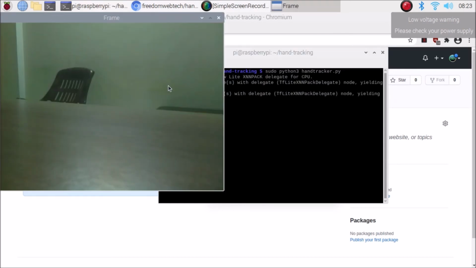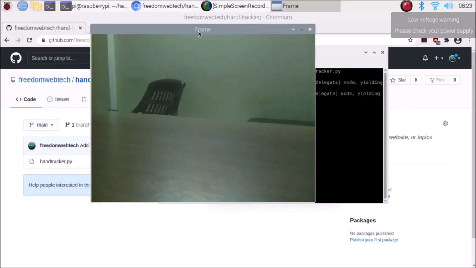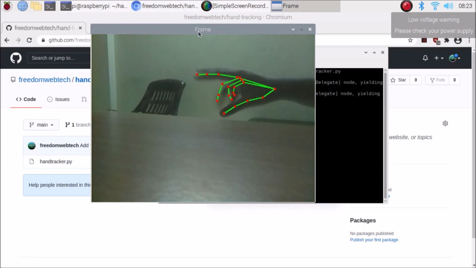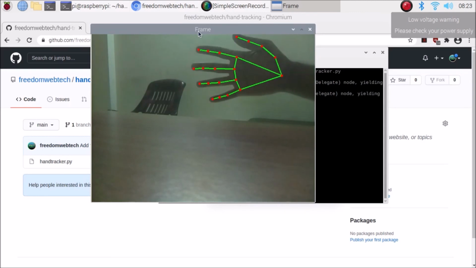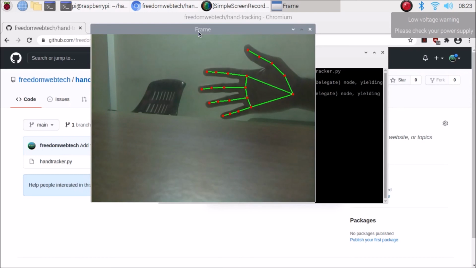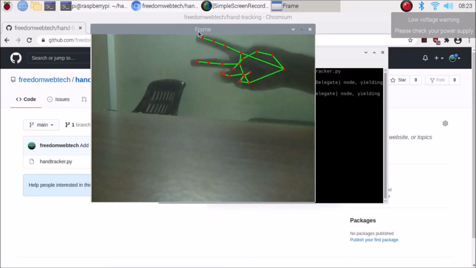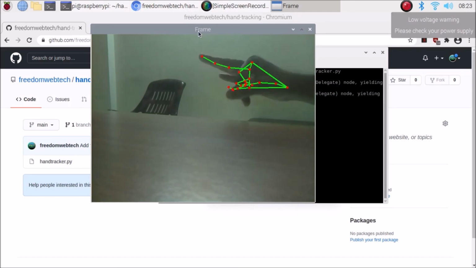It will start our camera. As you can see, this is our live frame. Now I am going to show you the hand tracking system. As you can see here, friends, we can do this with our Raspberry Pi 4 camera and MediaPipe on the Raspberry Pi 4. It's tracking our hand movement. So this is just a basic tutorial for installing the hand tracking MediaPipe package on the Raspberry Pi 4. It's working perfectly, great and smooth.